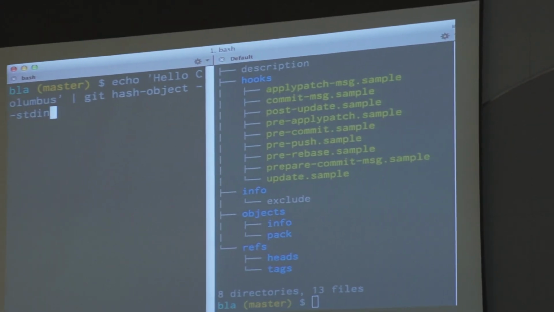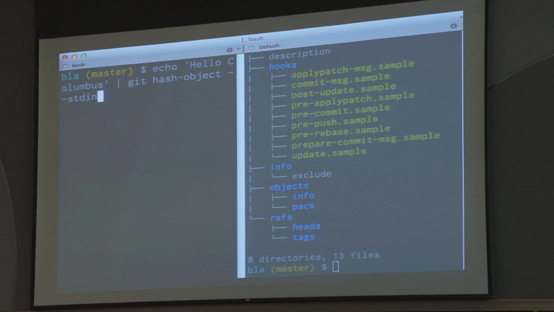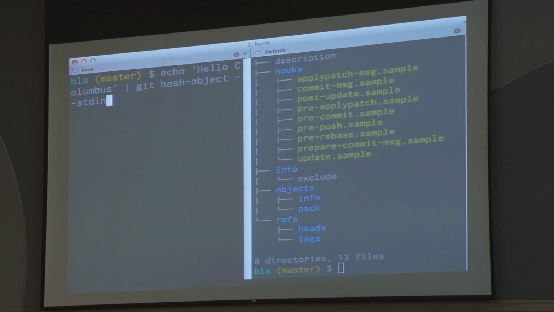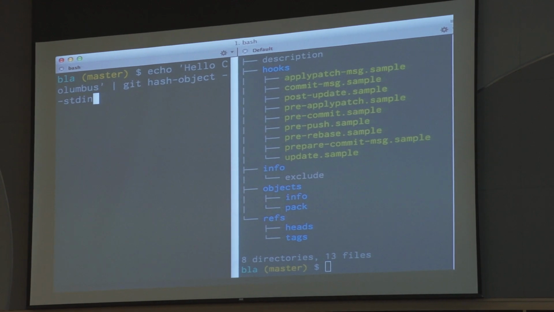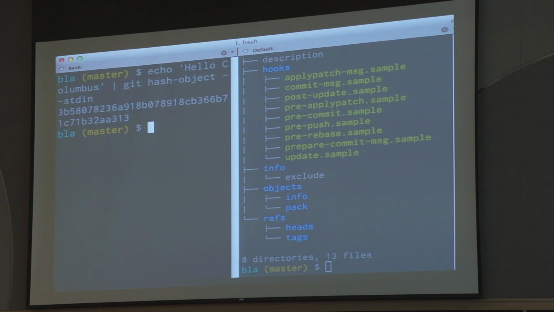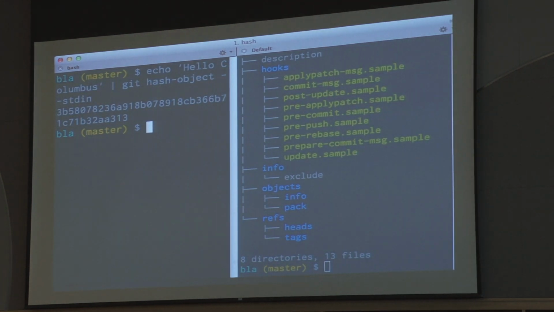I'm going to echo this string and pipe it to Git's hash function. Let's see what it produces. And we get a SHA out of it. So this is the SHA that Git will use to store the content, hello Columbus.